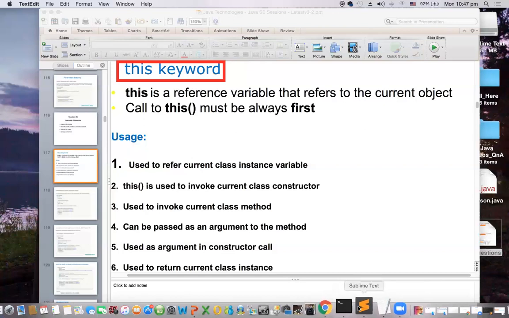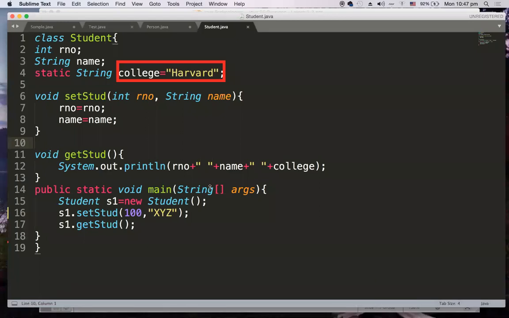Here I have a program written to illustrate the this keyword. I have a class Student now. So far we have been working with a Person class, but now I have changed to a Student class. Student has a roll number and a name.